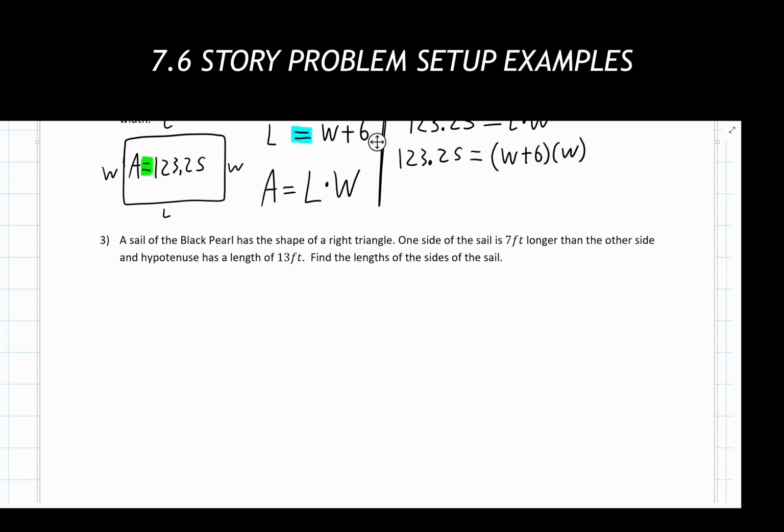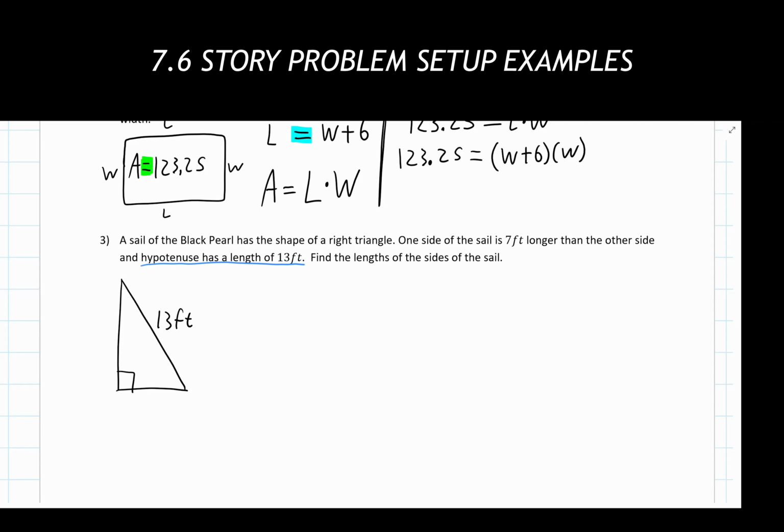Okay, so the general shape of this thing is a right triangle. Again, you don't need to be an artist, but I think having a quick visual is helpful with this. We're told one side length is 7 feet longer than the other side, and we don't know which one of those are, so we're going to leave that blank for now. And the hypotenuse has a length of 13 feet. The hypotenuse is always going to be the side opposite the right angle. So that means that I know that this side is going to be 13 feet.